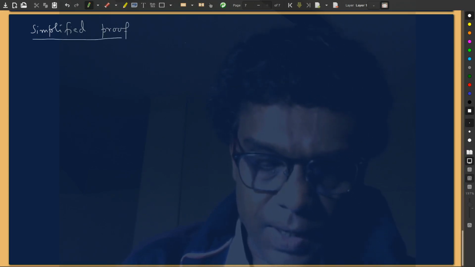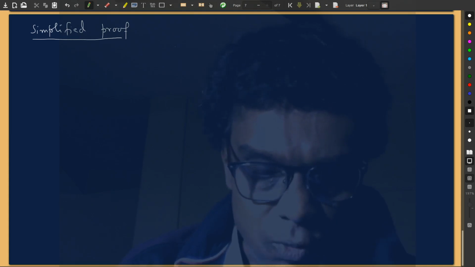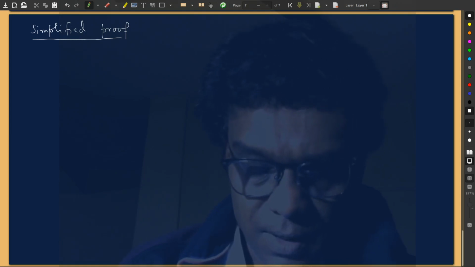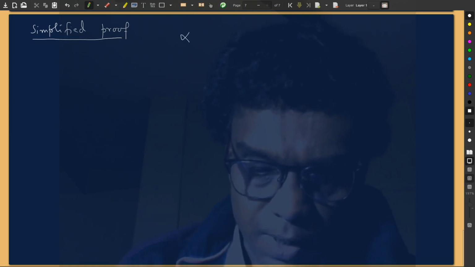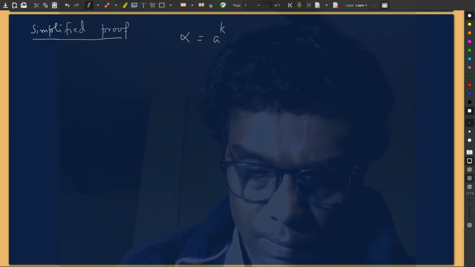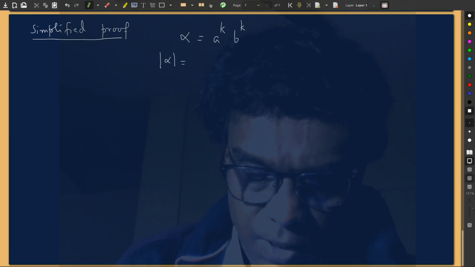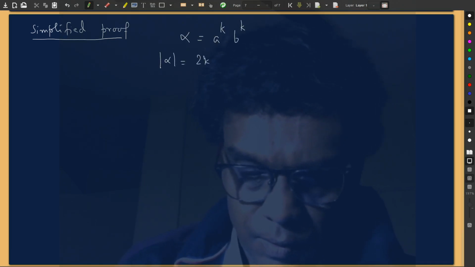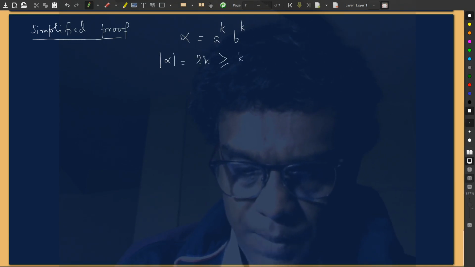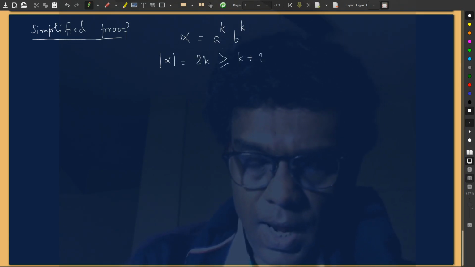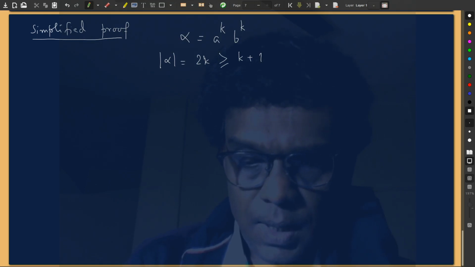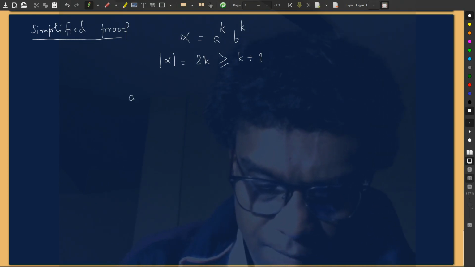So instead of taking a power ceiling of k by 2, b power ceiling of k by 2, why don't we take just a power k b power k? Now the length of alpha is 2k, which is definitely greater than or equal to k plus 1. And then I can apply the pigeonhole principle, but now what we have achieved is this: